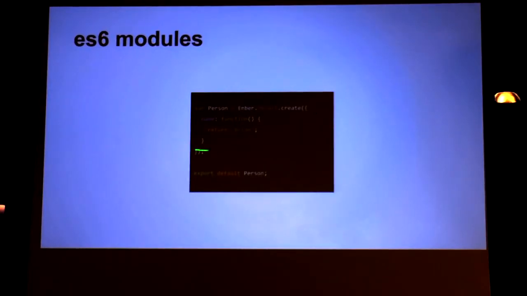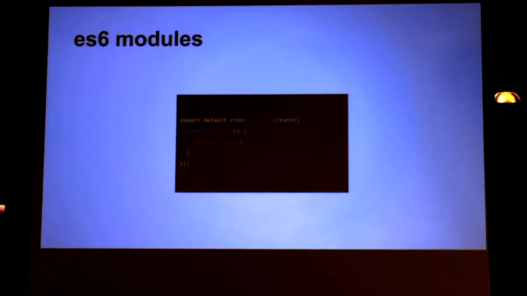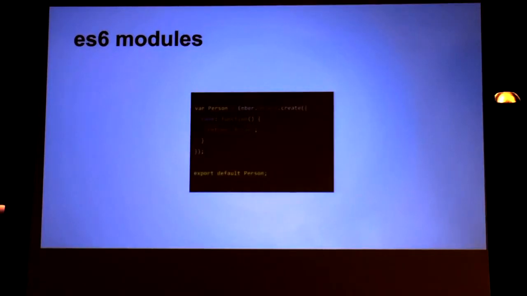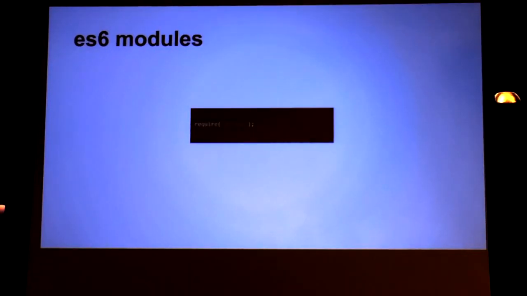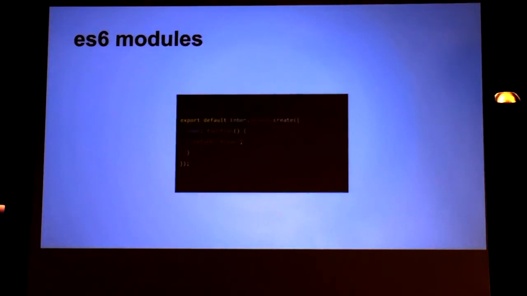So we can assign to a local variable inside our ES6 module, and then down here export that, and that functionally works the same as doing this right here. Currently, if you want to use ES6 modules, you have to use what is called an ES6 module transpiler. Square has one. In fact, I think Square has the only one. It will take syntax like this, which is not valid ECMAScript 5, and it will convert it to something that